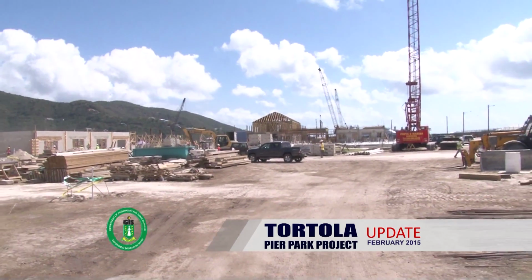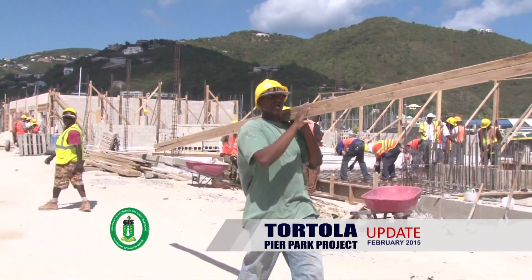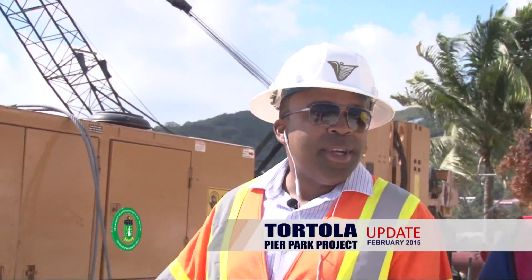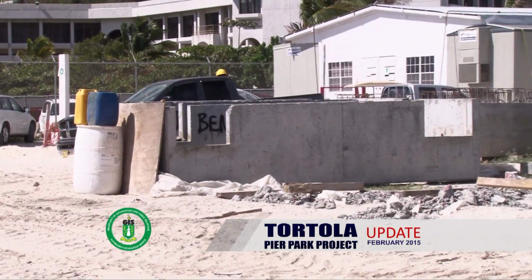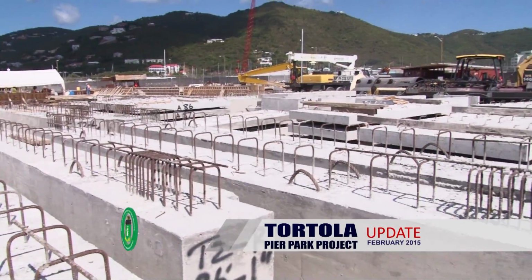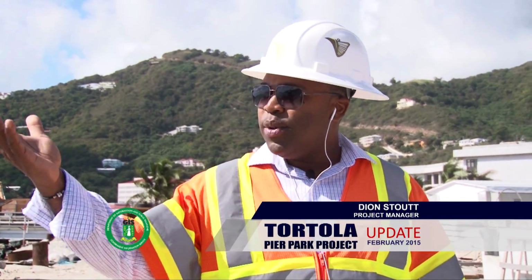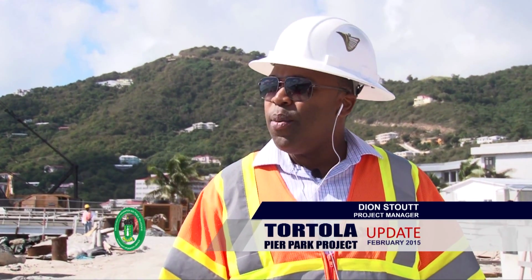We toured the Cruise Pier Development Project with Project Manager Dion Stout of STO Enterprise. Mr. Stout pointed out all the recent developments on the pier. A couple of weeks ago, we had a number of slabs and beams out here, and those have already been implemented into the expansion of the pier. Directly behind me is a precast area where the contractor has constructed all the precast elements for the extension of the dock and the widening of the dock. And right now we're dwindling down because most of those elements you will see out are already placed on the dock. And in a couple of weeks, we're hopeful that one side of the dock will be ready for